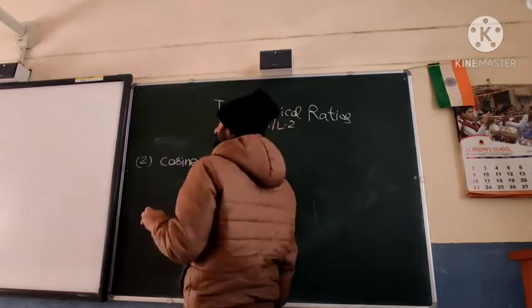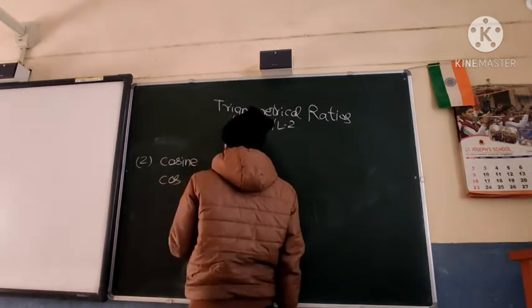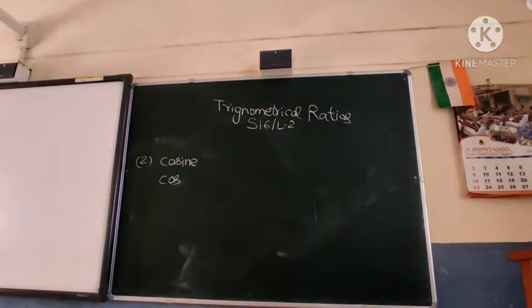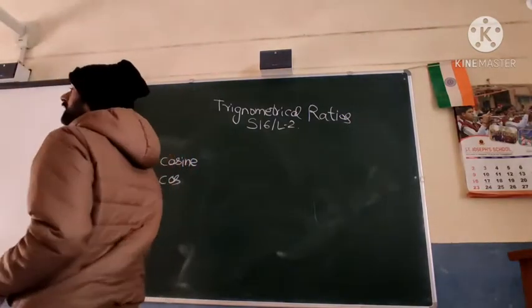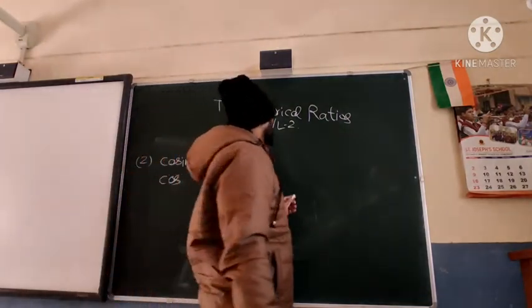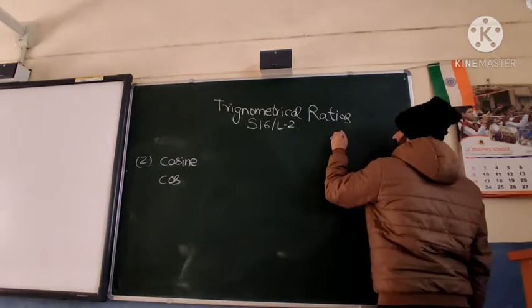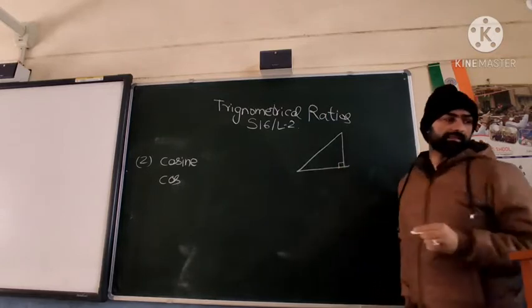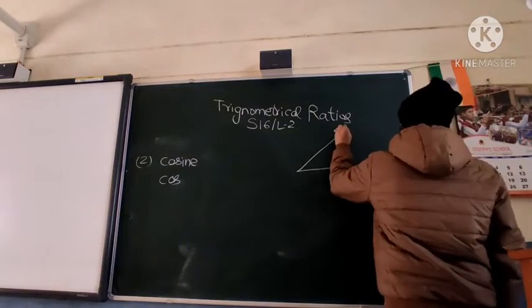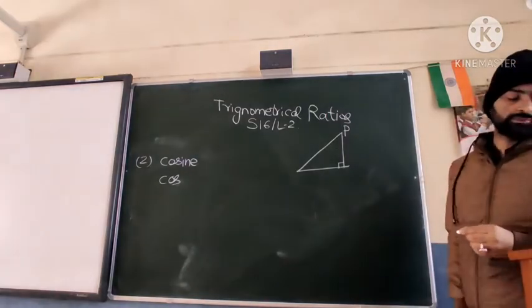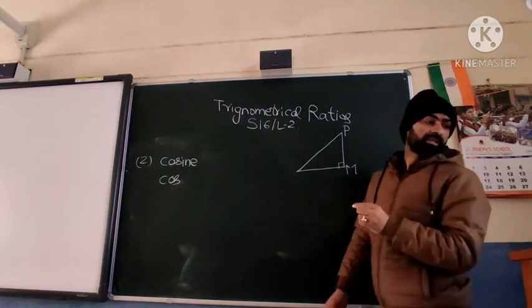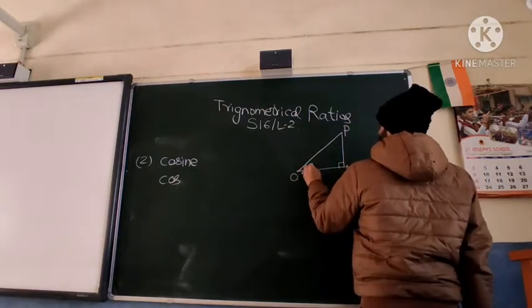I will discuss this cosine. It is called cos in short. As these trigonometrical ratios are basically the ratio between the sides and angles, let me draw a right angle triangle first. As the book has drawn, I will give the same names, because sometimes people have problems with this. So P, M and O. This is the theta angle.